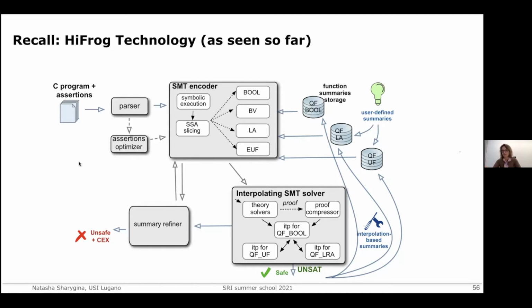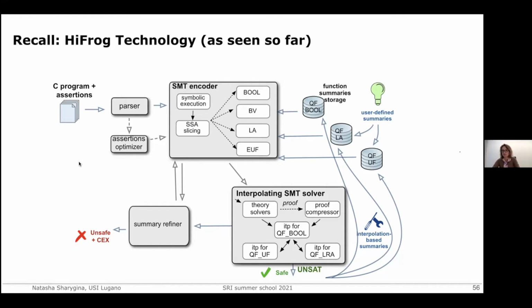So only once on the very first run, we are verifying the system without any computational histories. If the check succeeds, it's a bootstrapping step. Then the tool automatically computes summaries for each function used in the system. And for the next run, whenever we need to verify the system against different properties, instead of doing complete full encoding of the system, it's going to use summaries whenever they are possible to be used. So the summaries could be